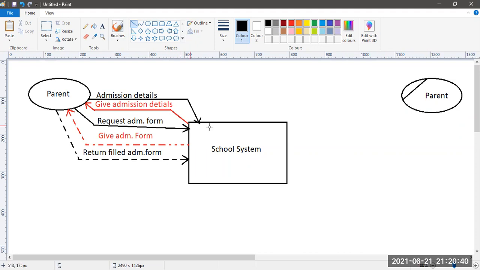Then the school will issue the bill, that is going to be in red. If all these things are happening like this, there is no dotted line in this tool. That is the problem. I think the Windows 11 Paint might have some dotted lines. I hope so.